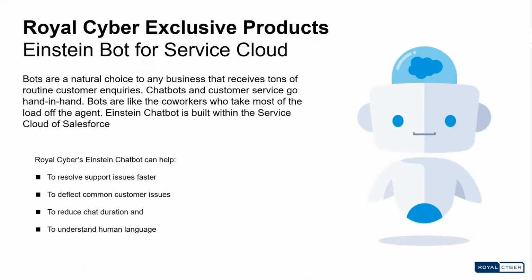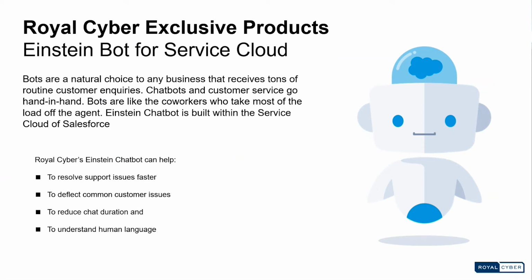So, like I said in the previous slide, I showed that the phone call volume was high. Now, let's say that 90% of the reason a customer is calling an organization is to figure out what his order status is. That's the reason he's calling, and he doesn't want to get into any other stuff. So this is one of the products that we have. We have even built it for a couple of our customers.